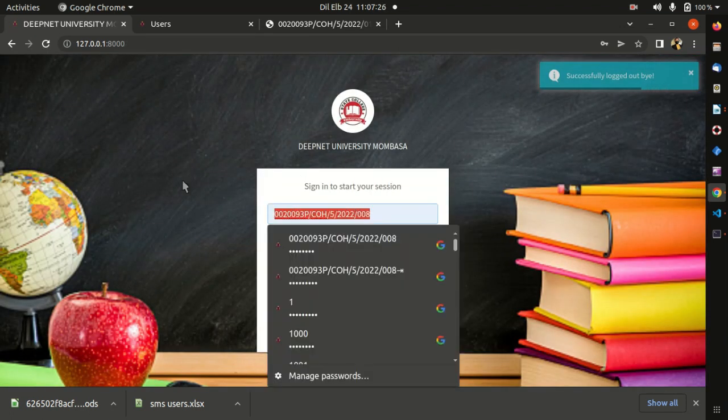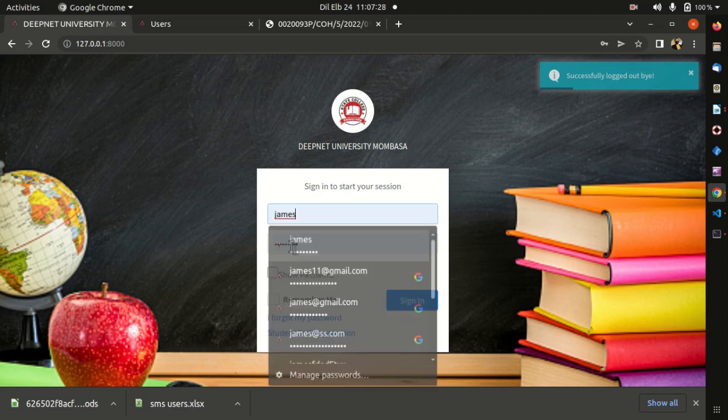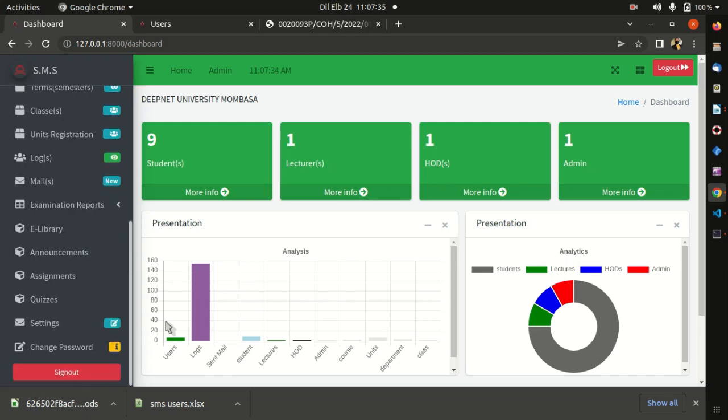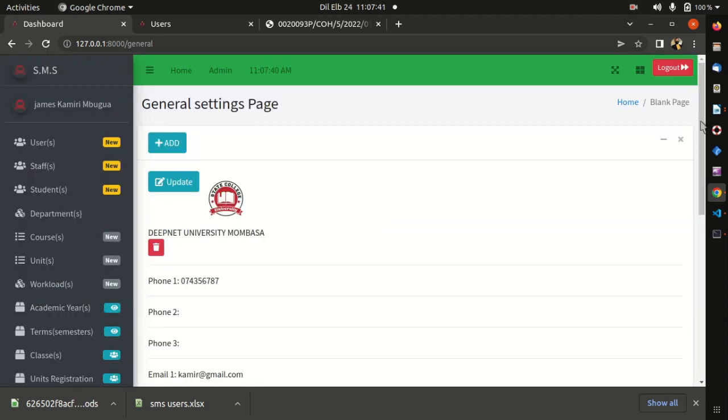So let me log in back as the super user. Okay, so basically we continue. So right there, that's how you deal with quizzes. The other part is the settings. I remember we had seen this one when we were starting. So whenever we change everything,